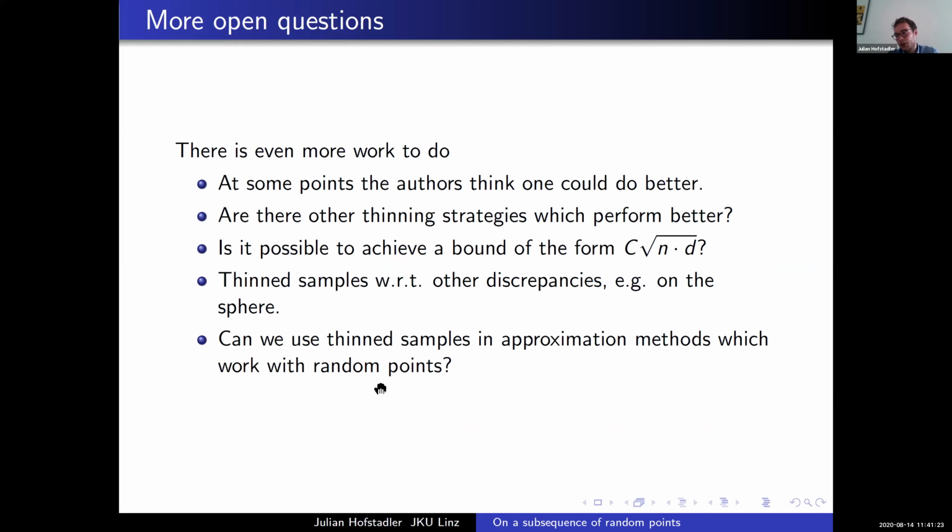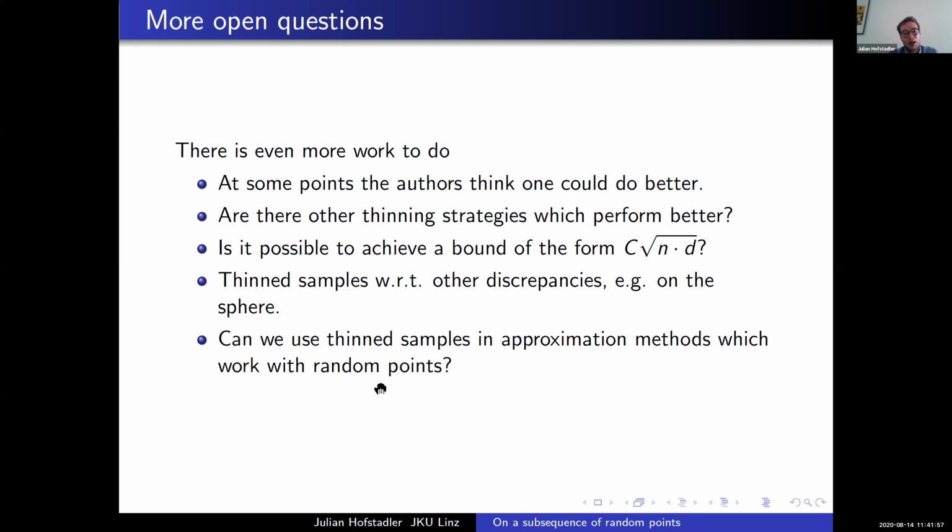suggest that one could use better results, for example, the Jensen inequality. The authors think that one loses quite a lot there, and they also suggest to try to improve this. And they also think if you could do this, then you would get a better result in the end. And there are some other points one can find in their paper. I will not go through all of them